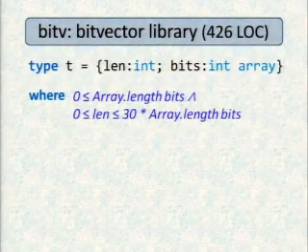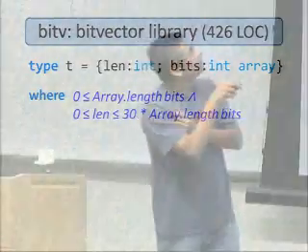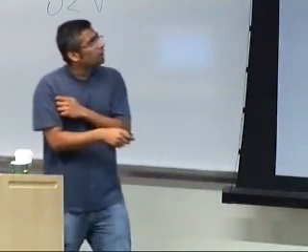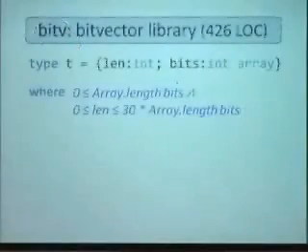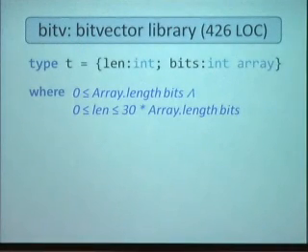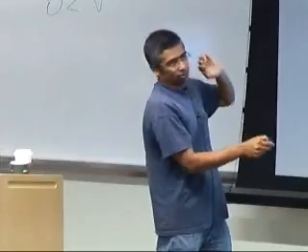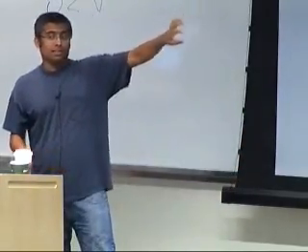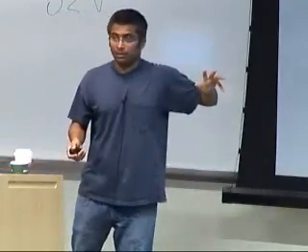The third, by the way, happens with another more complicated array bounds example. It's this bit vector library. It's like 400 plus lines of code. And here it's more complicated because the object that you have to reason about is a record. There's a record where there's a len field and a bits field, and there's some funny invariant that relates these two entities. But this particular library actually uses a bunch of fancy modular arithmetic.